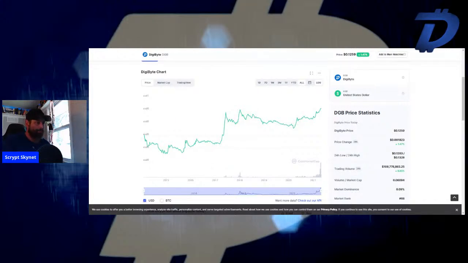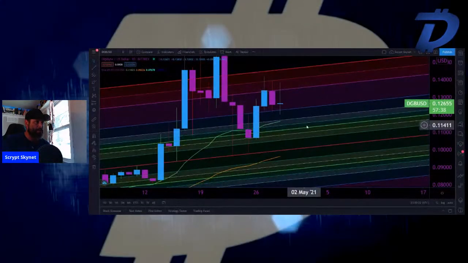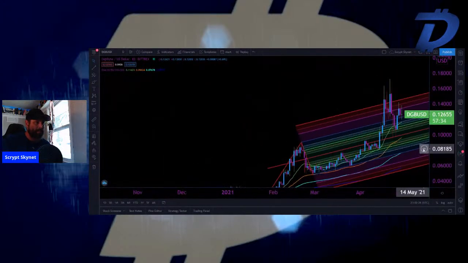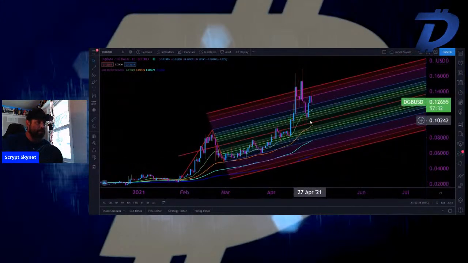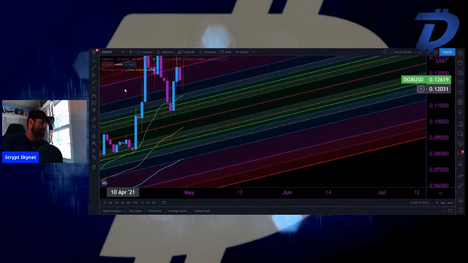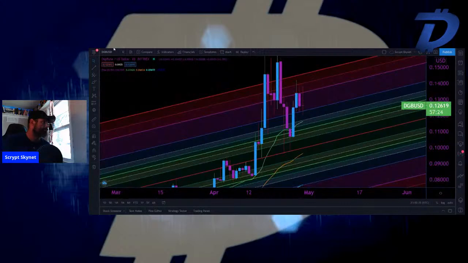Now we can go stop that, and then we can go look at the charts and see what DigiByte's doing now, right? I haven't looked at this at all, okay? I'm fresh eyes with you. This is obviously my pitchfork channel chart. Right now, DigiByte's in the purple and the blue. It looks phenomenal. Let's make sure you guys are seeing that, right? Okay, you guys can. All right.